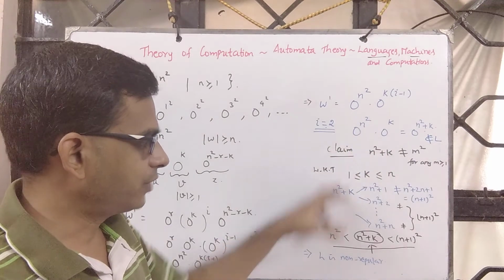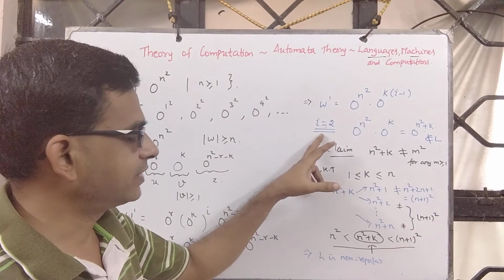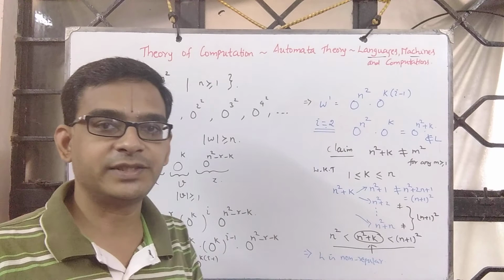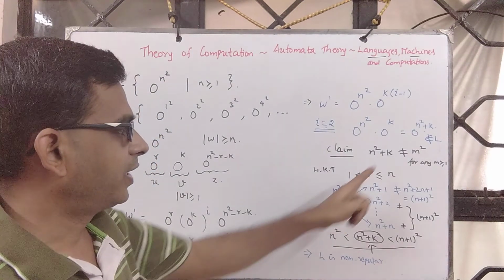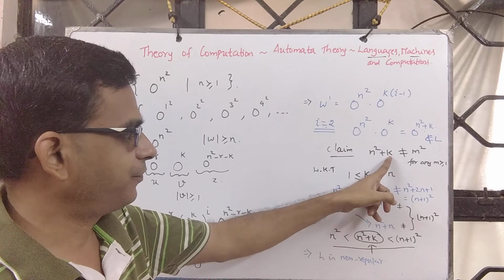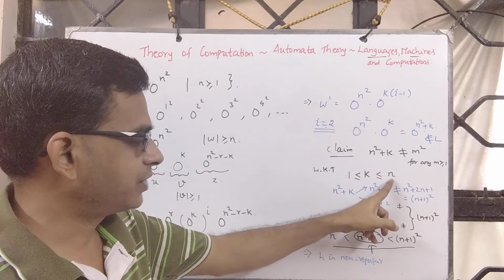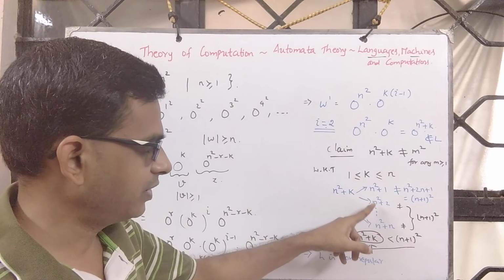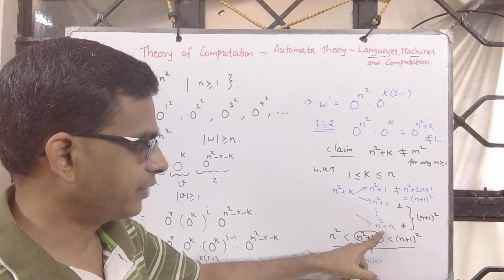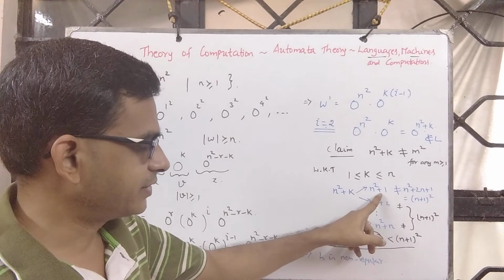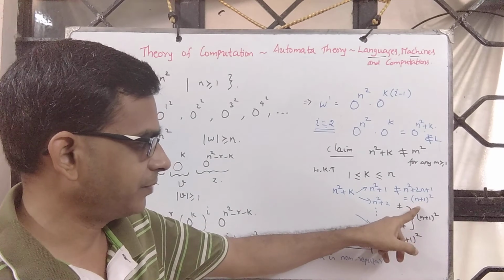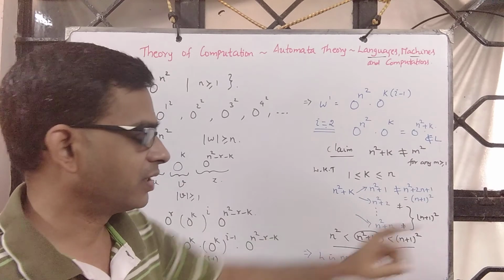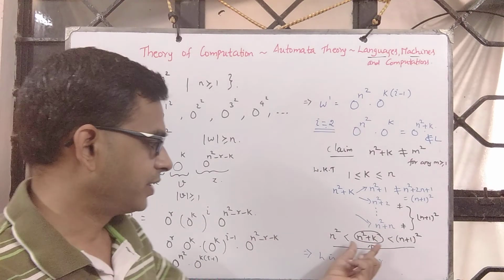What I am trying to do as part of this is choose i such that this expression is between n square and the next perfect square, which is n plus 1 the whole square. And we know k represents the cardinality of v, so it is at least 1 and at most n, which means the possible values for n square plus k are n square plus 1, n square plus 2, so on up to n square plus n. And this is not the same as n square plus 2n plus 1, which is n plus 1 whole square. On a similar line, none of them are n plus 1 the whole square, which means the value n square